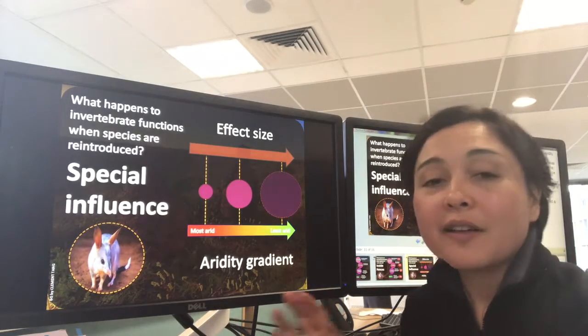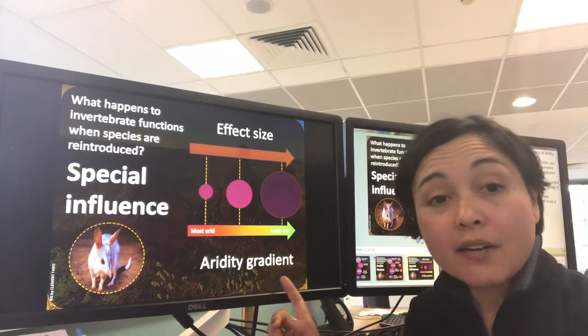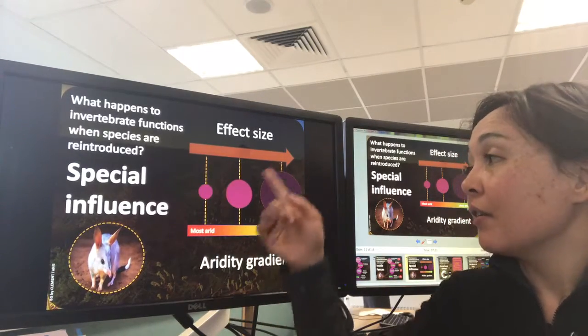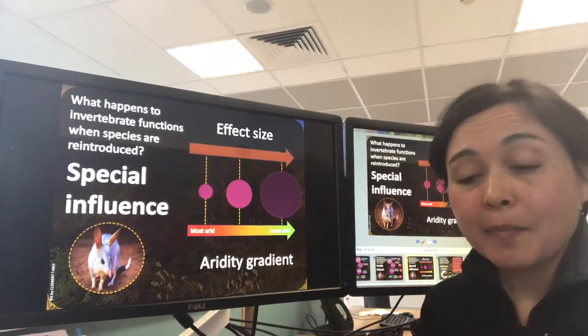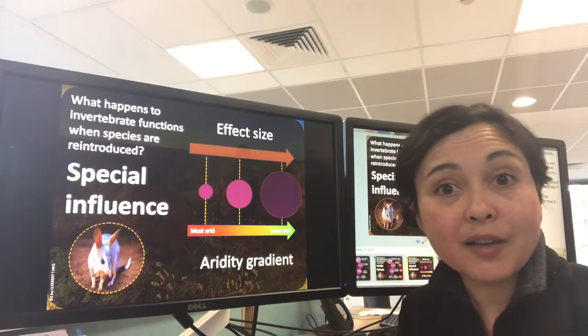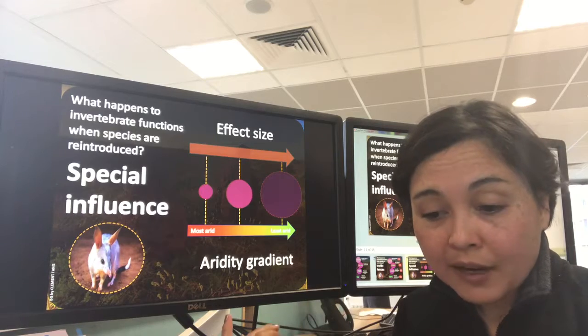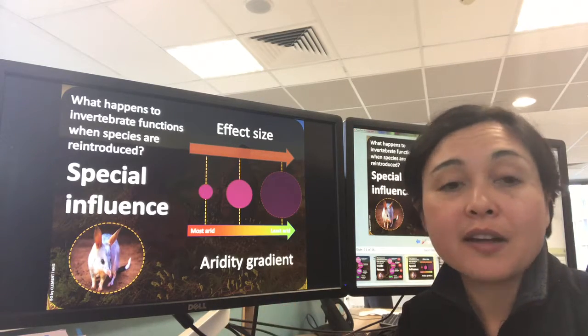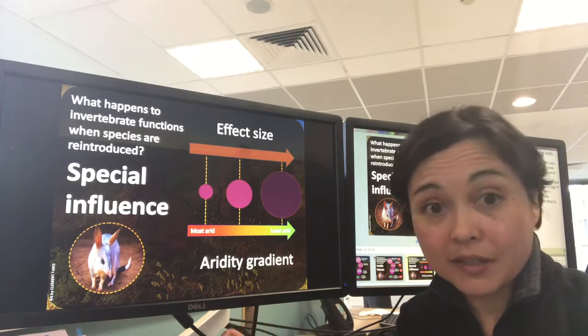Across all sanctuaries, we also found an important influence of the aridity gradient, which was smallest at the most arid sanctuary and greatest at the least arid sanctuary. So we think that we witnessed a trade-off between resource value and predation threat, where specifically rare resources in the most arid habitat may be more important than predation threats.